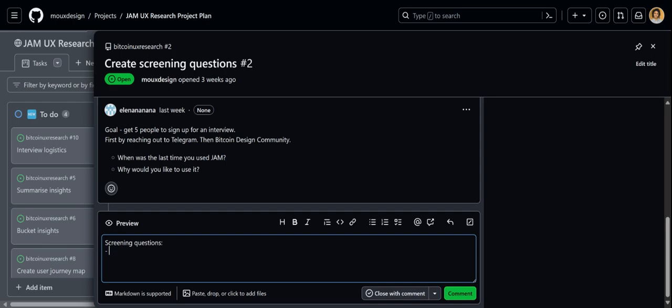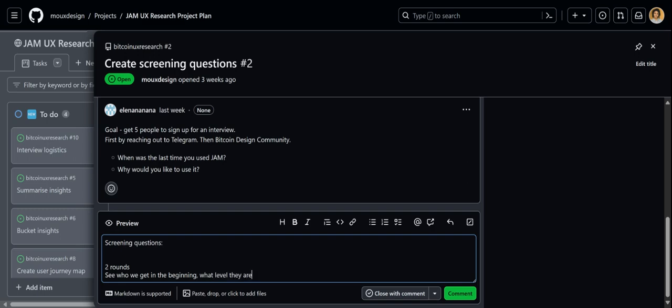You can also just split it up into 2 rounds. Just see what you get in the first round. Try to figure out where your gaps are. Did you get only new people? Did you only get intermediate, or only experts or devs or whoever? And then specifically try to find those other people in the second round, where you say, we're looking for this type of user. And then you can decide whether those might still be in the Telegram or whether you might have to reach out to other places.